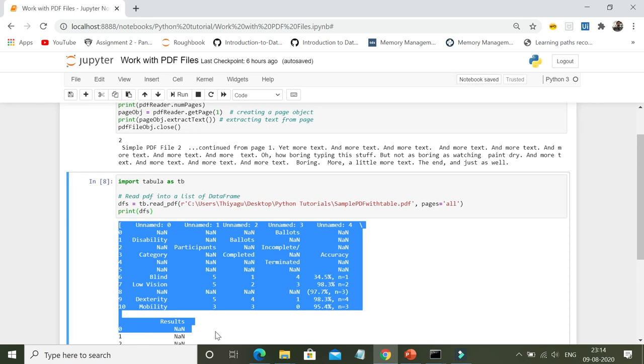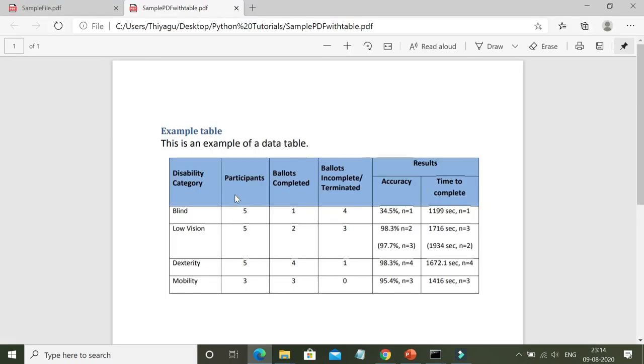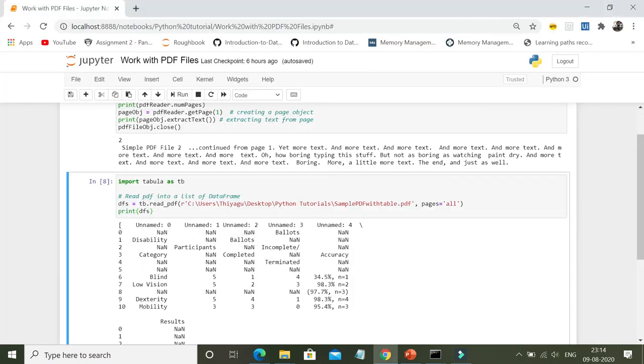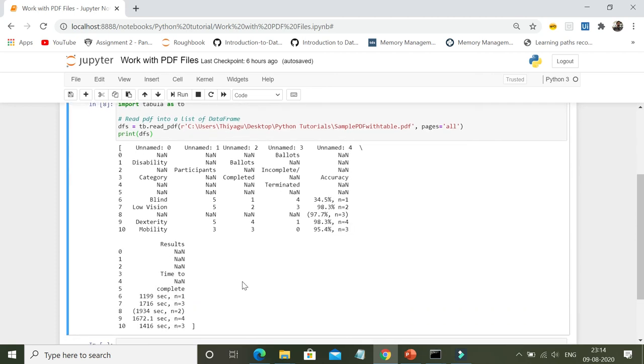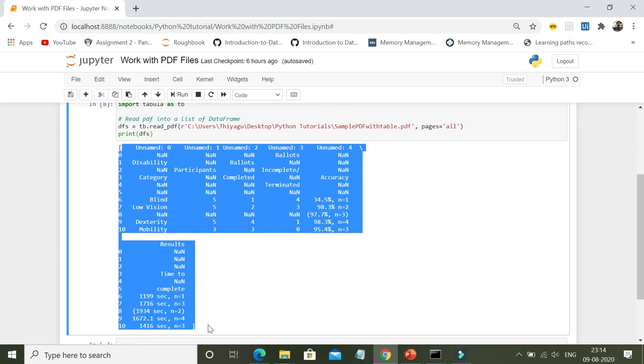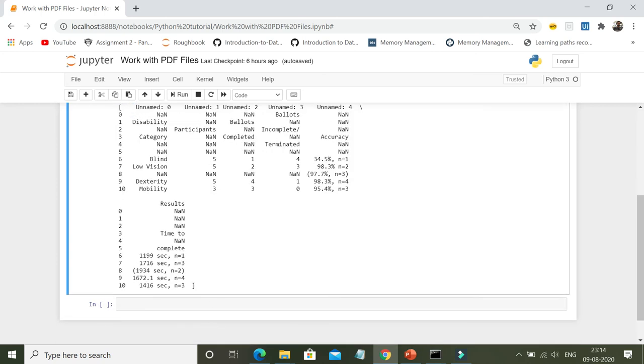So what happens is whenever you have data expanded over multiple lines, PDF will consider it as multiple lines. So there will be a problem in extracting the data and printing it over here. What you actually have to do is we have read the data from the PDF file, but we have to clean the data.